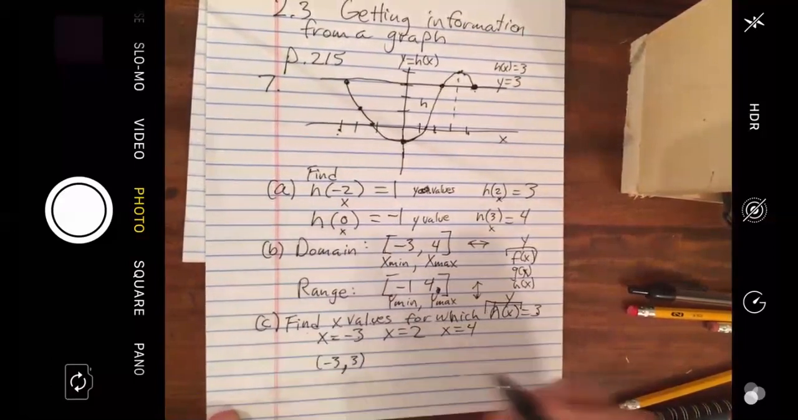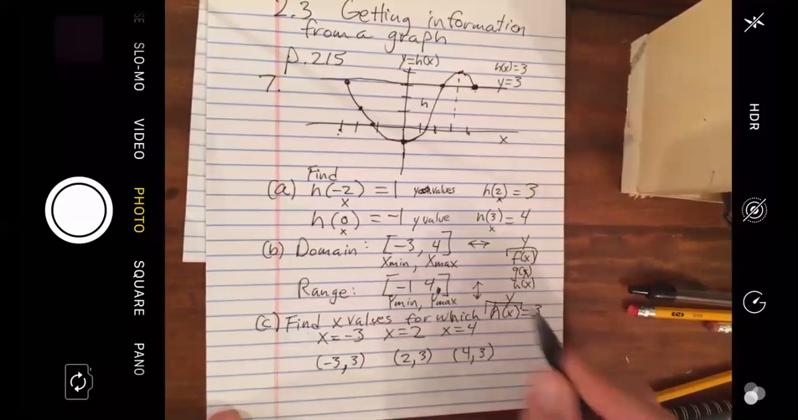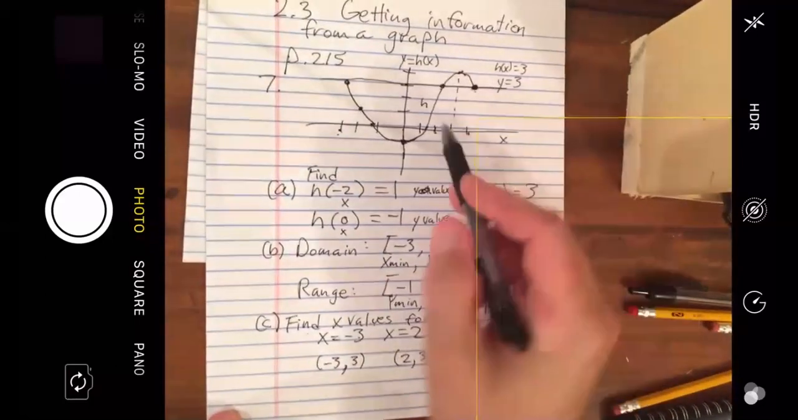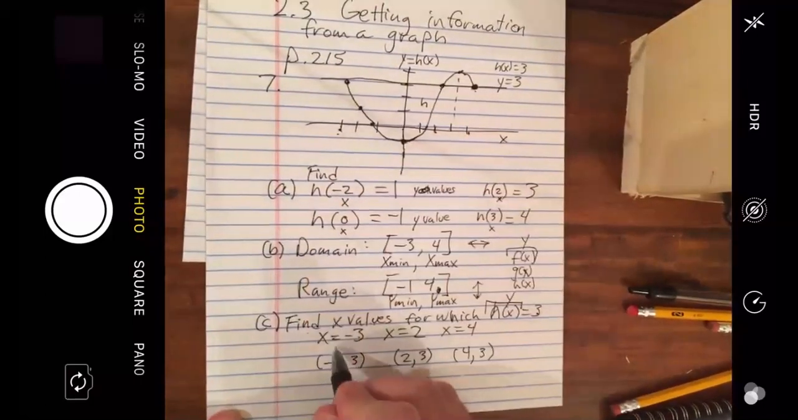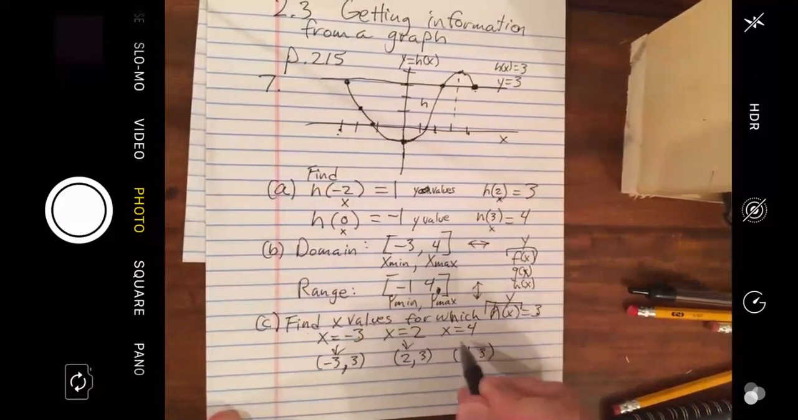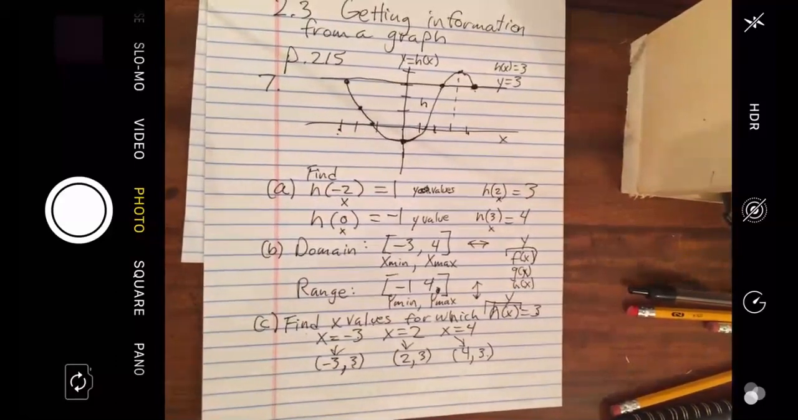Next one's 2 and 3. The next one is 4 and 3. So you're over 4, up 3. Here you're over 2, up 3. Here you're at -3, up 3. So these are the x values. That's what they want, and the y is 3. Questions about that? No, it makes sense. Okay, because now you're going to go on to part D, and they're going to stick a